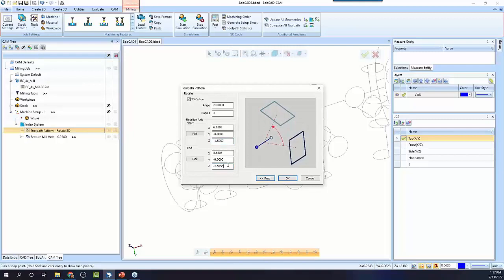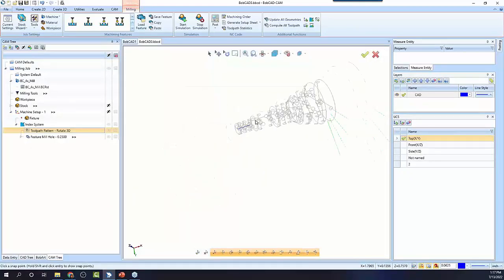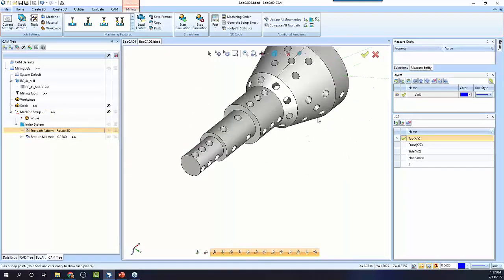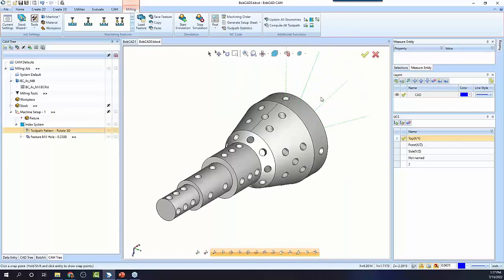This is so it knows how far from where it's located down to center line. We'll say 3 copies there. And now you can see it's drilling around in a pattern. Okay, so again,